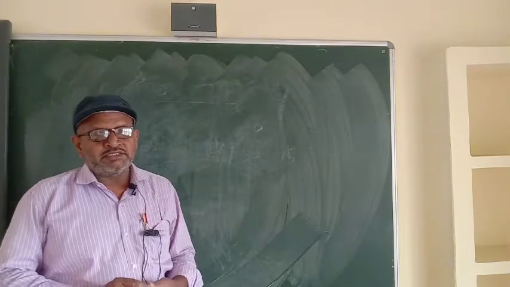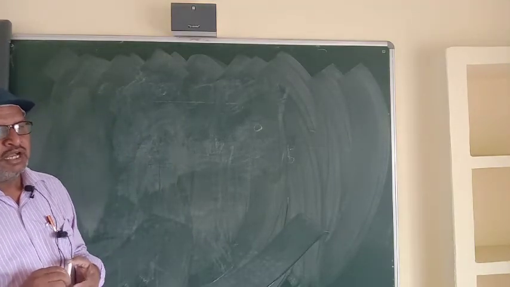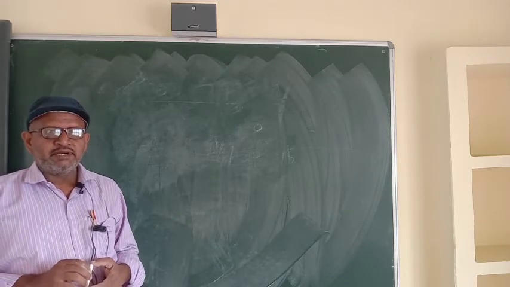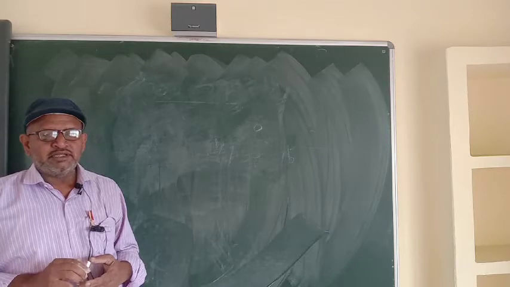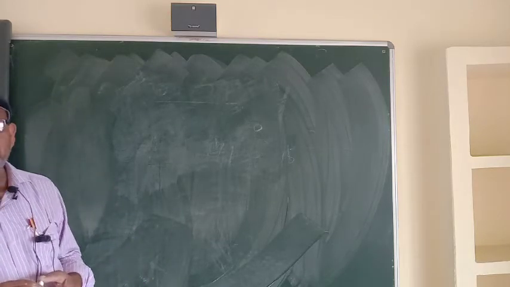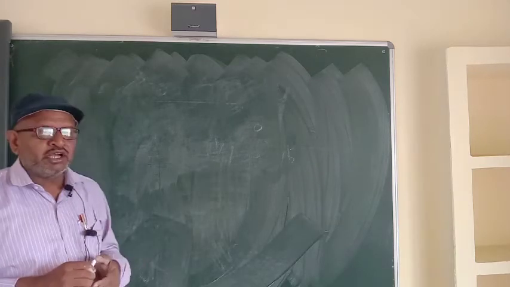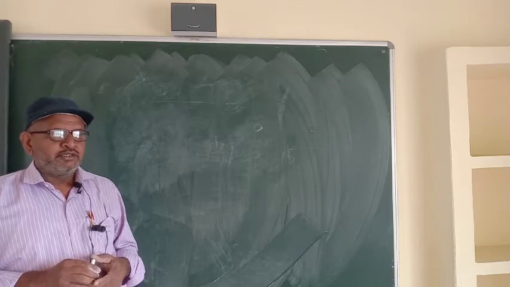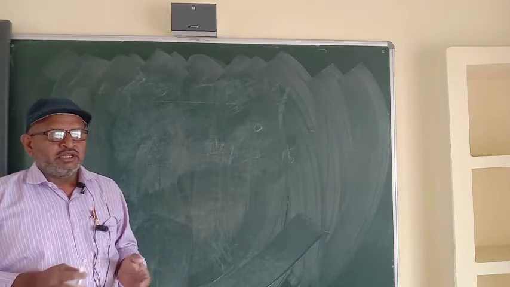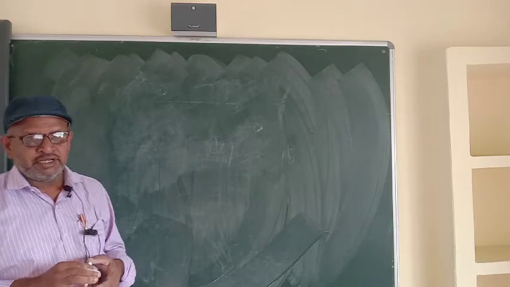Good morning, class. Today we will continue with irrational numbers. I have already told you the definition of irrational numbers. A number which is not rational is an irrational number. All non-terminating, non-repeating decimals are irrational. Here we have to study how we can prove that a given number is irrational, like how we can prove root 2 is irrational, root 3 is irrational, like this.